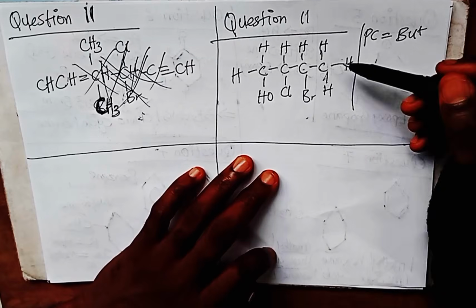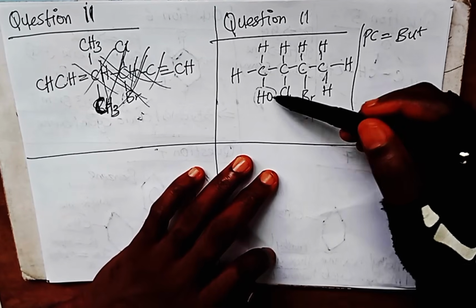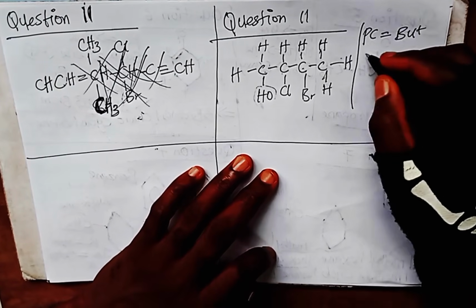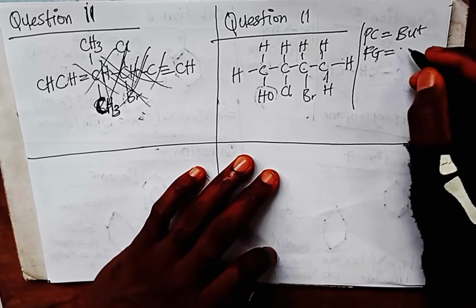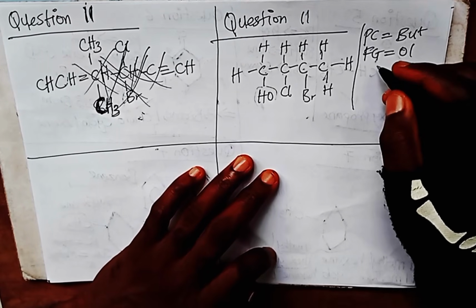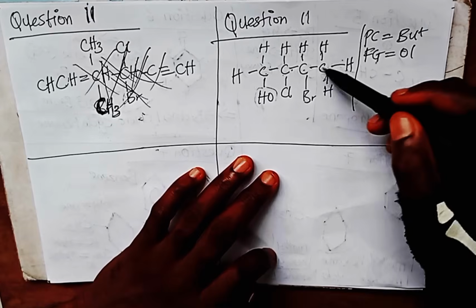What next? Do we have a functional group here? Yes, we have a functional group, which is the OH. Sometimes they write HO, they just confuse you. So the functional group is OH. OH is the ol. Do we have a suffix? Yes, single bond. Single bond hydrocarbon is known as